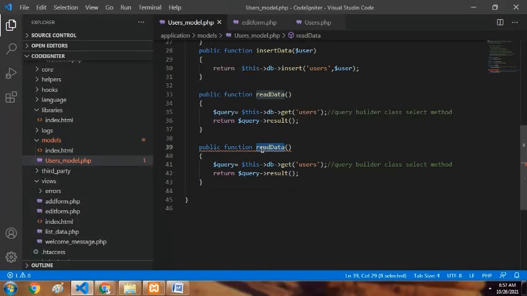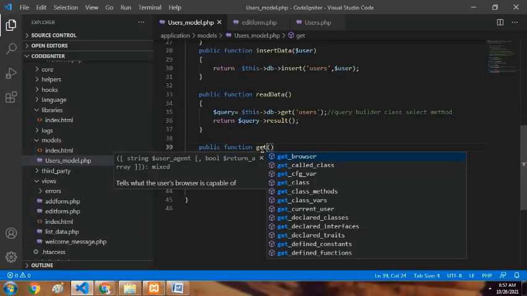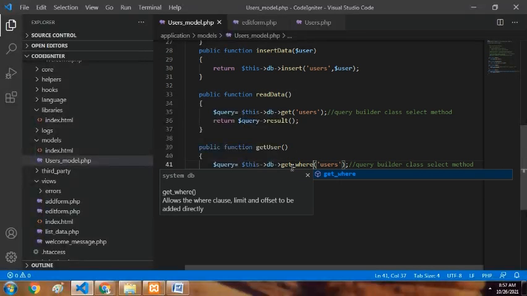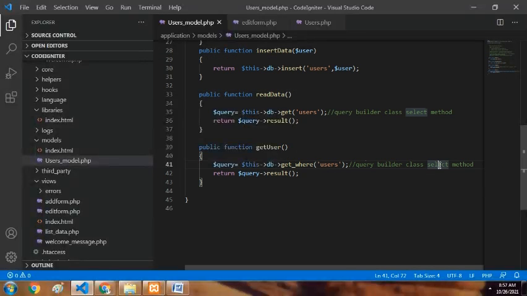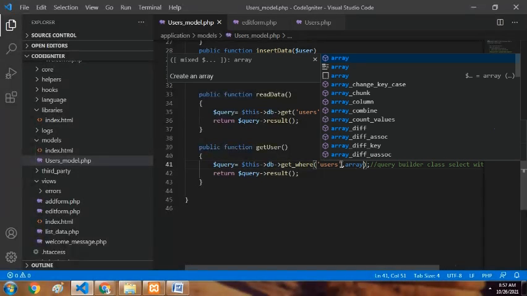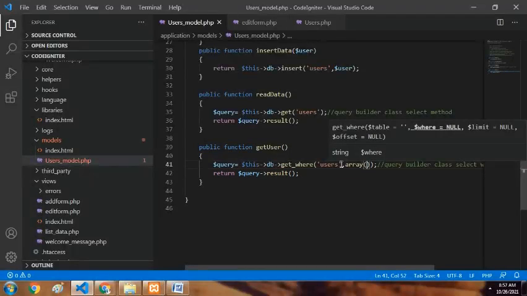Using the same name for a function is not possible; it will show an error. We can use the getVar method of our Core Builder class, the class select ID method: select with ID, single data selection, users. Hope you already covered that section. We cannot learn that by heart, but we can always refer to it.